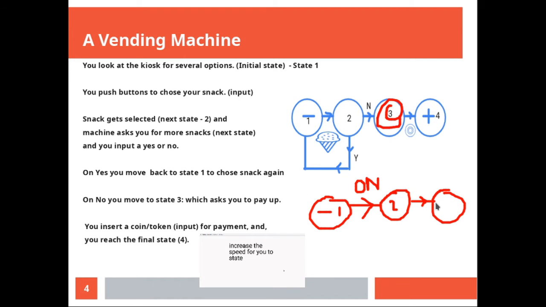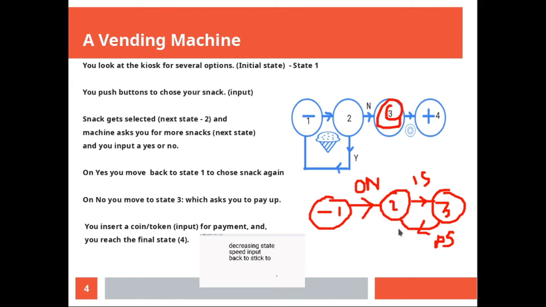Here you move to state 3. Now in state 3 you realize, okay, the speed is too high, let me decrease the speed. So see, again, this is a very simplistic representation. There are many possible speeds in an average fan, but I am taking just the increase and decrease speed options. So on an increase speed input, you move to state 3, and on a decrease speed input, I move back to state